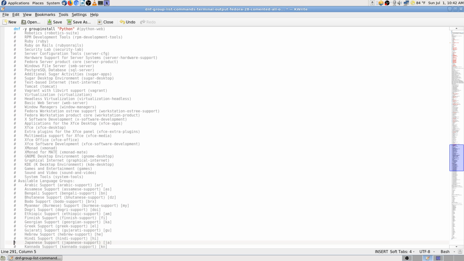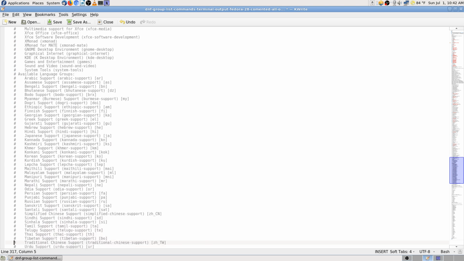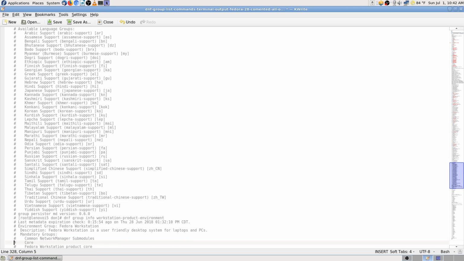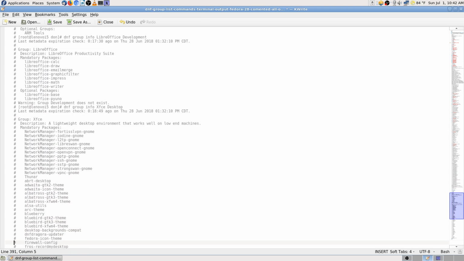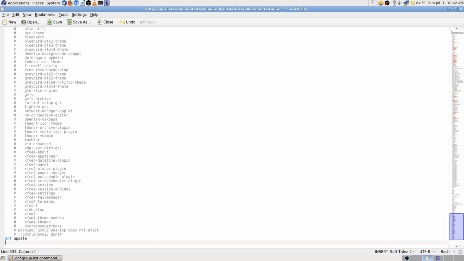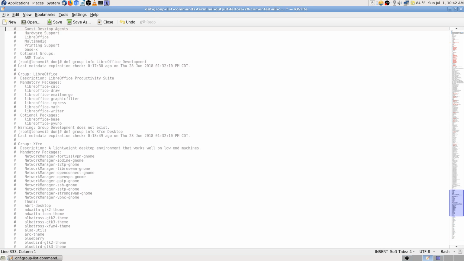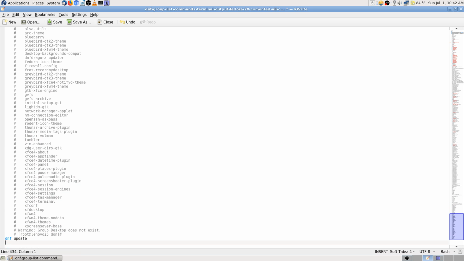But as you can see, a lot of that's all duplicate stuff or just stuff I didn't want. And then as you get on down, there's a few more. Well, actually, that was it. That was the last of it. These are commands where I was seeing what is in this group, and that was just examples, just learning. I ended up using that command a lot to build this. Okay, so